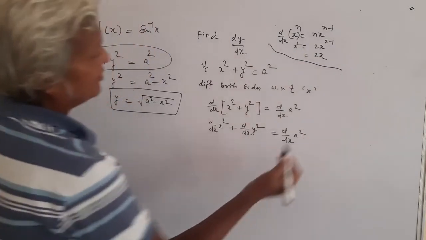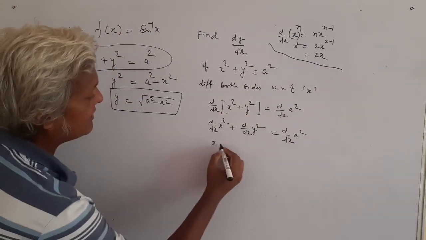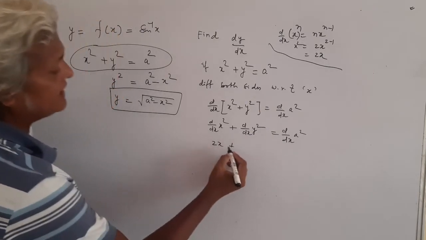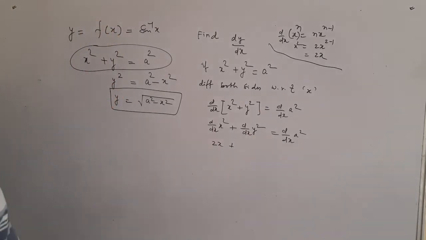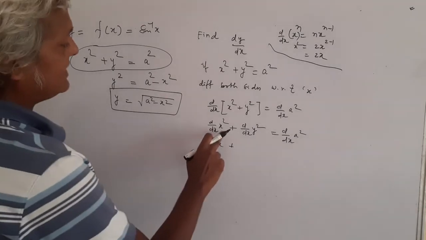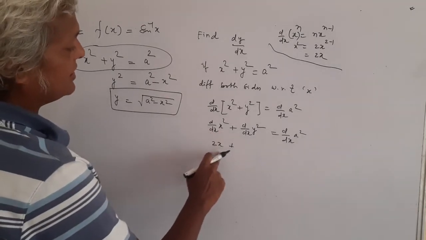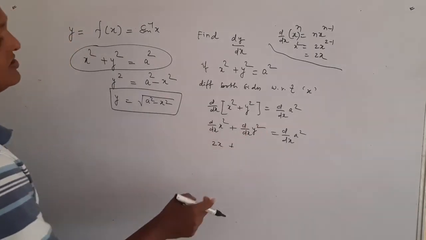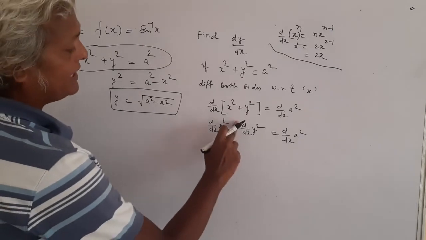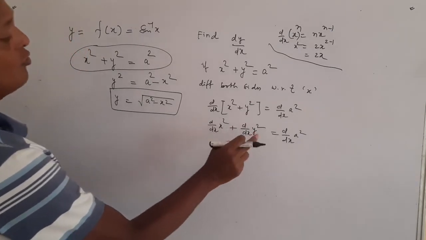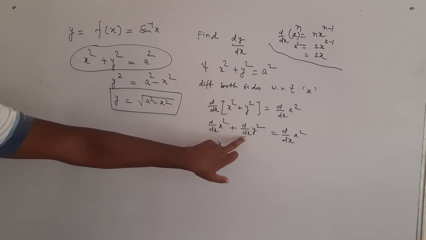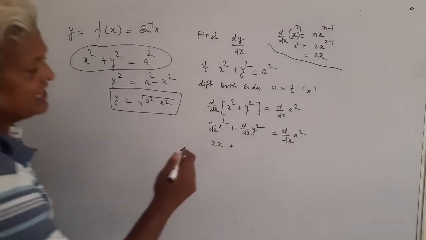Same thing, x square can be differentiated as 2x, so y square can also be differentiated to 2y, but this is with respect to y and that is with respect to x, so we have to change the rule